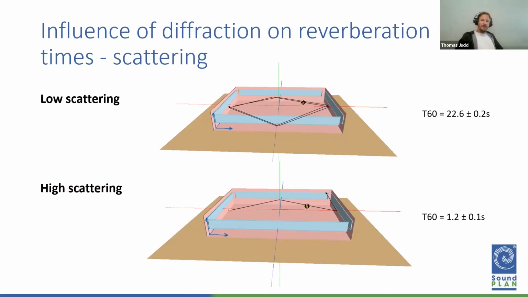Well, it's the difference between low and high scattering. Don't forget there's an acoustic ceiling there. And if we don't have any mechanism to scatter those sound particles, what can happen is you get these kind of modes. In this case, it's a two-dimensional structure in the sound field. So a particle goes off horizontally, and because it's only hitting concrete, it just goes round and round and round without ever seeing any of these absorbing surfaces. And as such, that's a long-lived mode, and it creates this enormous